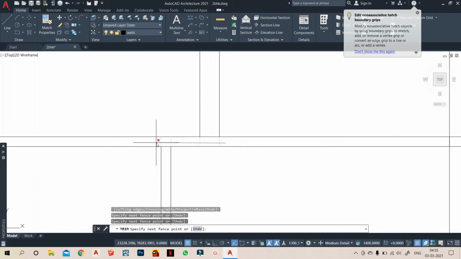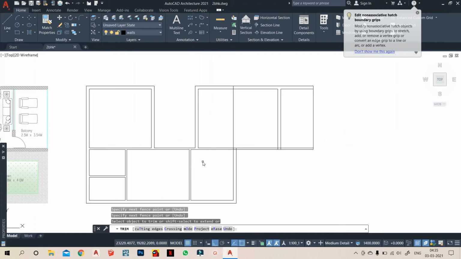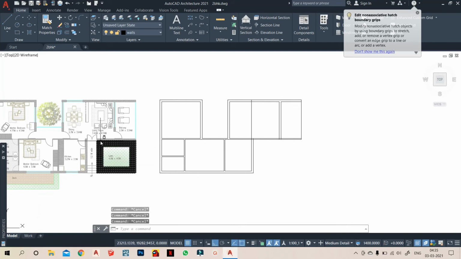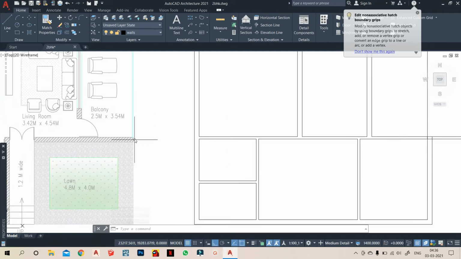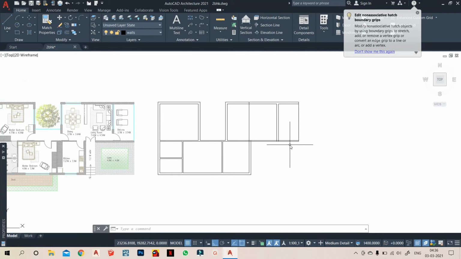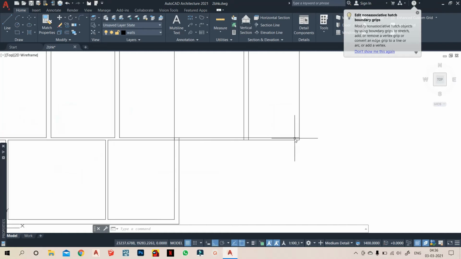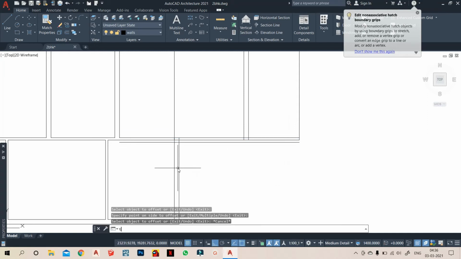Now what you will observe is that this wall has a thickness of 230 mm, but over here we have drawn it as 115 mm, so we will give it a thickness of 230. So offset 0.23, enter, and then select this. So this wall will be trimmed from here. Then give this an